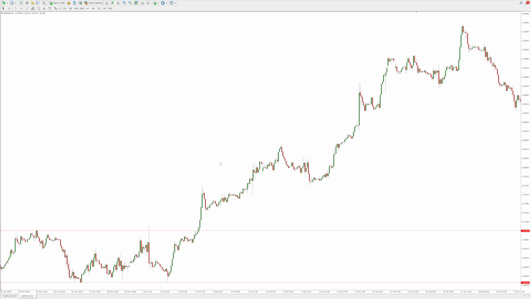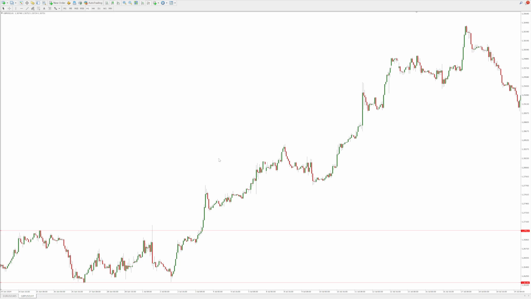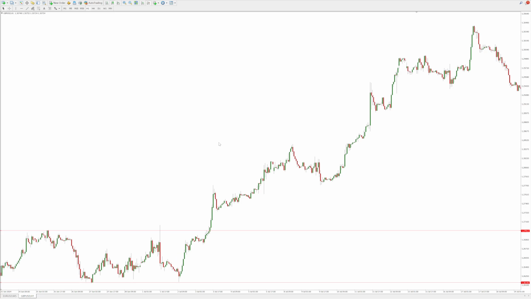Imagine taking 10 pip trades on the 5-minute charts. You're going to need 30 winning trades to get 300 pips, which is 30 winning trades in a row. I mean, it's pretty impossible. Not to mention stressful having to take all them trades, the brokers, costs, spreads, commissions, slippage, nightmare. So yeah,